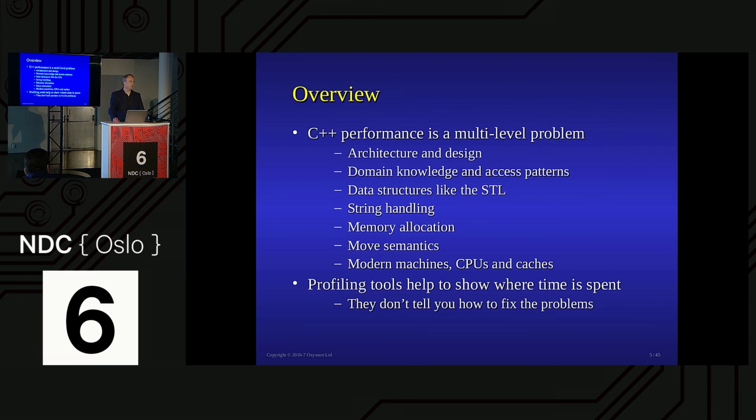Profiling tools, very useful. They tell you where the problem is. They don't tell you how to solve the problem. If you see memcopy at the top, which I saw recently on one, well, you could try optimizing that memcopy. And I'm going, well, if you notice that says memcopy SSE41, it's a compiler intrinsic. The answer is you're unlikely to improve that one. Stop calling memcopy. Why are you calling memcopy? And it's getting you to think about that one. It's not just what's there, but how do I get rid of it? How do I reduce the number of things I'm doing there? So it's actually an engineering process rather than a series of tweaks.